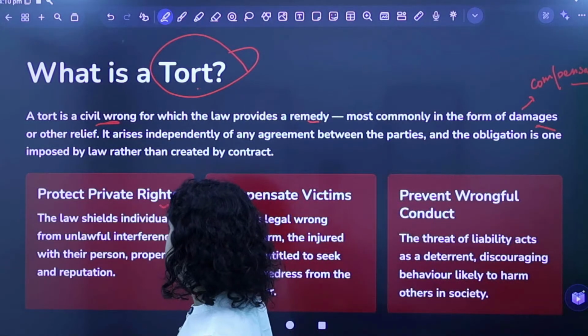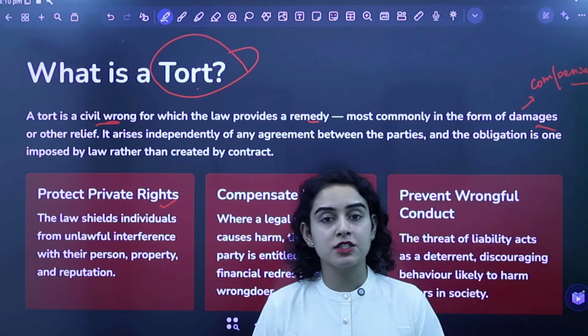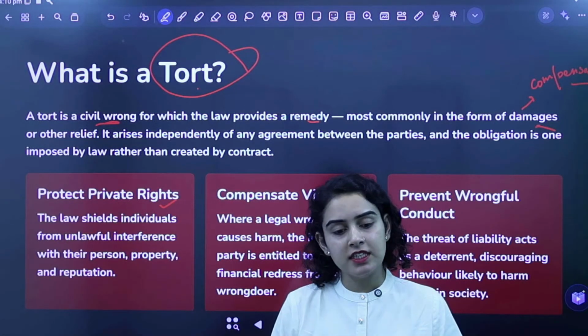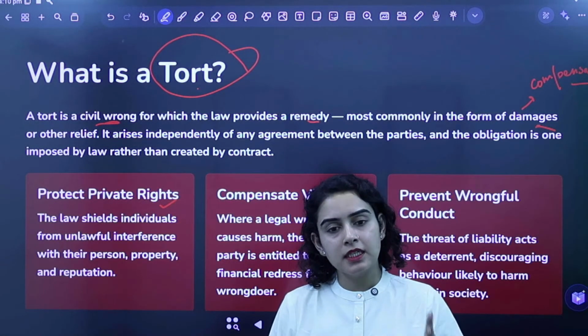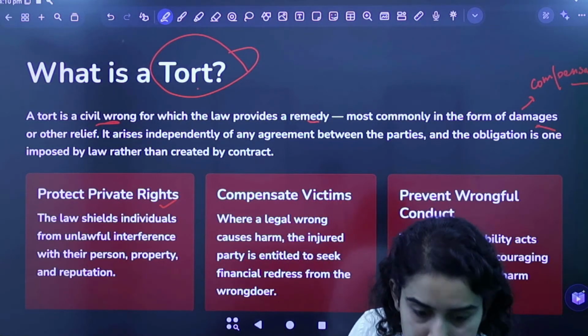To protect the private rights. Like I mentioned, कोई बहुत छोटी चीज भी अगर होती है या कोई भी ऐसी चीज होती है जो कि is not contractual in nature या कुछ भी और गलत होता है, even in that case also somebody's legal rights are being violated, right? So somebody's legal rights are being violated.